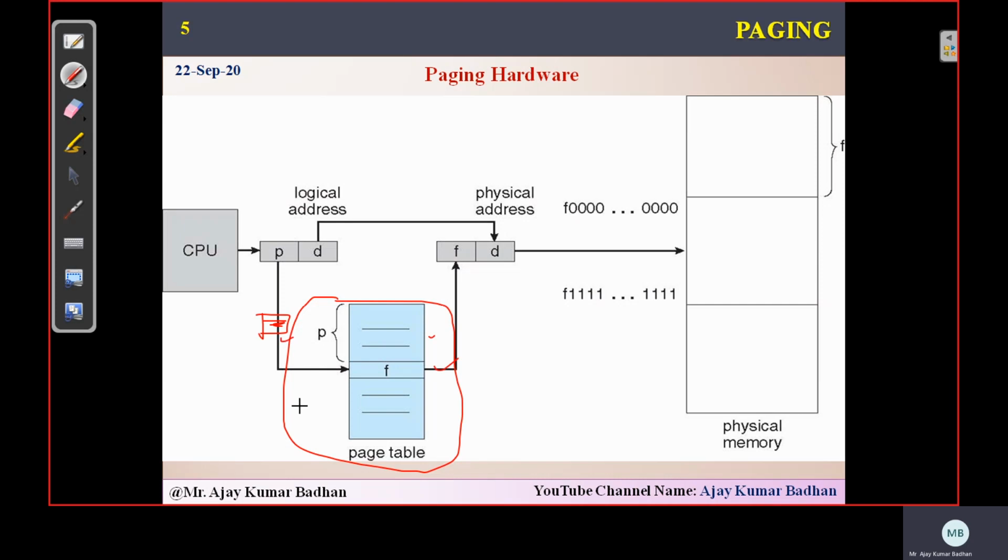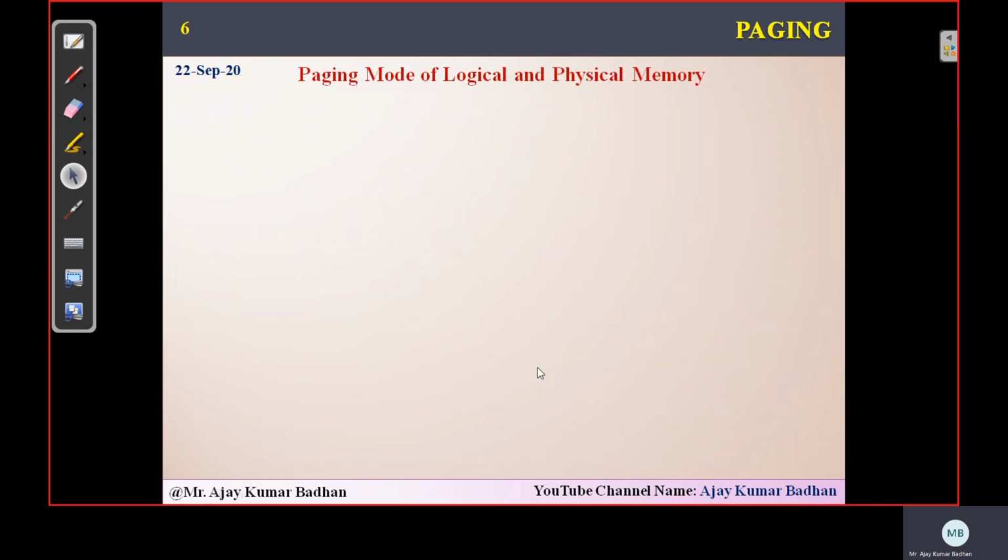This is hardware, right? So here we are going to get some hardware, and using that we will try to access the information. That's the only difference, but the remaining process is the same. That's the reason I'm showing you this particular concept, that is, this paging hardware. So please do remember that.